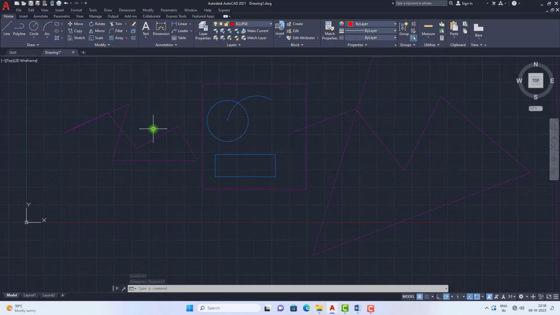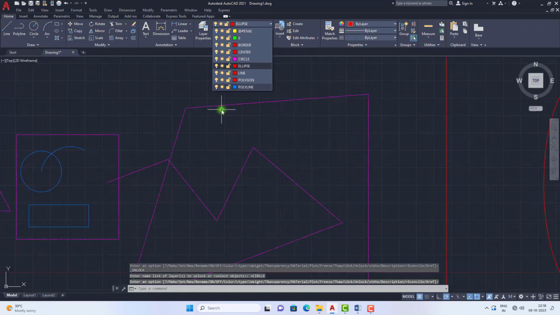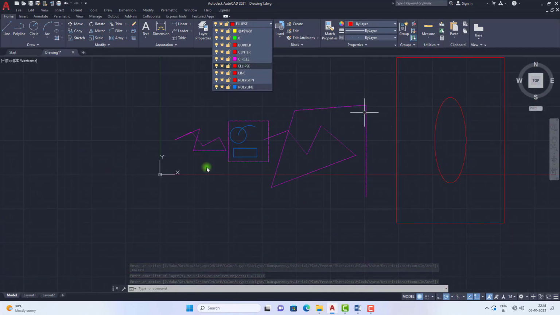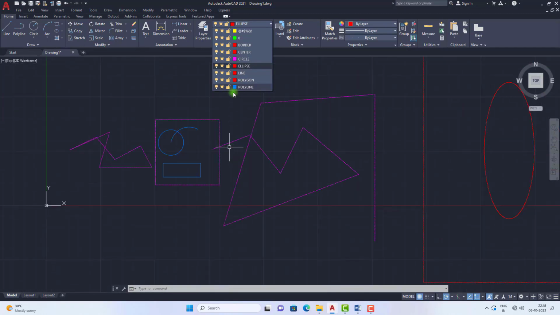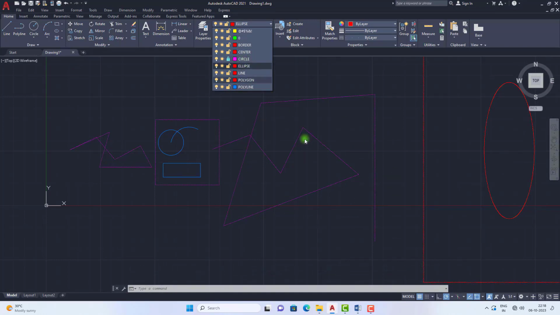So if you want to lock the items and you do not want to move these objects to some other place, you need to lock the objects. If you want to unlock these objects, go here and click on this button, so that they will be unlocked, and after unlocking the objects will be highlighted. After locking, if you click on this lock button, those will be in the dehighlighted mode. The objects belonging to this layer will be dehighlighted.